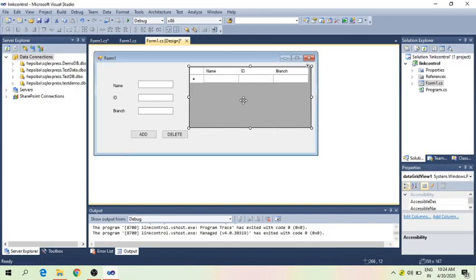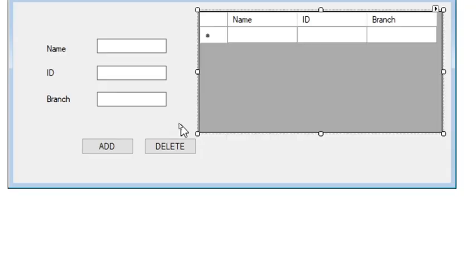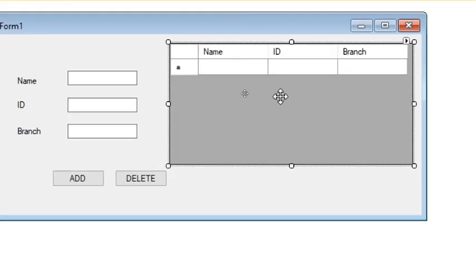After this you will see your names given in this grid, and this is not connected to the database. I have just given three different text boxes related to these name columns, three text boxes and three labels. One button is to add the values given in the text boxes into the grid, and the other button helps in removing the information from the grid.